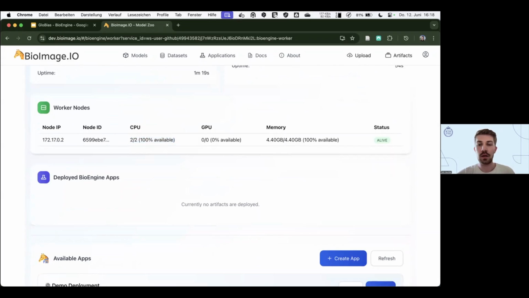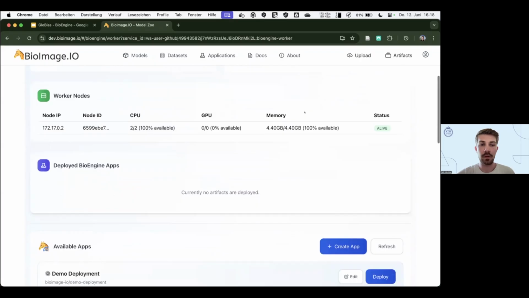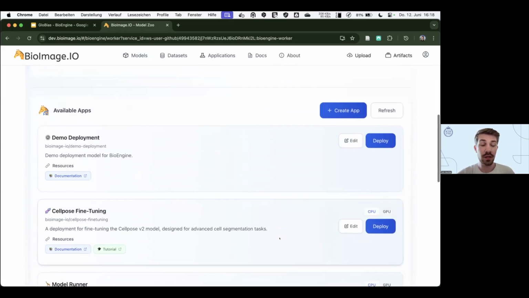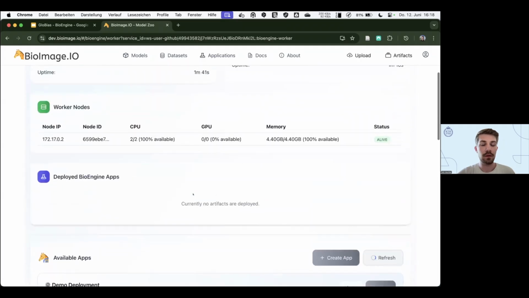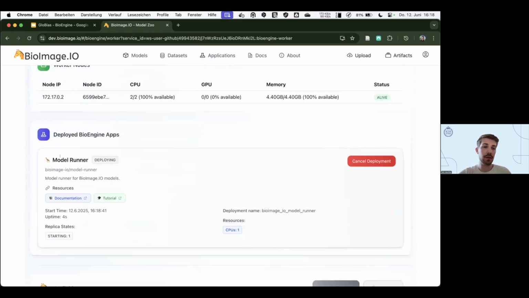No GPUs, and I have one worker node because it's just a single machine here. So here we can scroll down. We have some available apps, and scroll down, and then we have the model runner from Bioimaging. And here we just choose CPU or GPU. I don't have a GPU, so I'll choose CPU and click deploy. And then we can see that this is now deploying to this local Bioengine